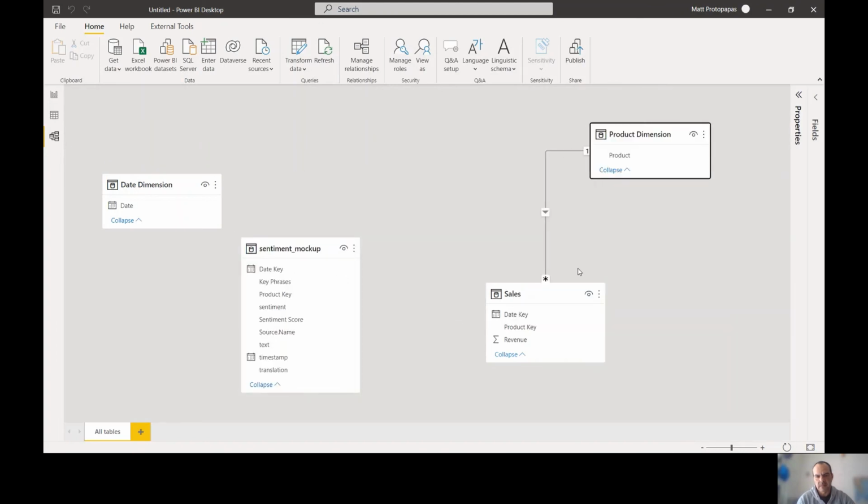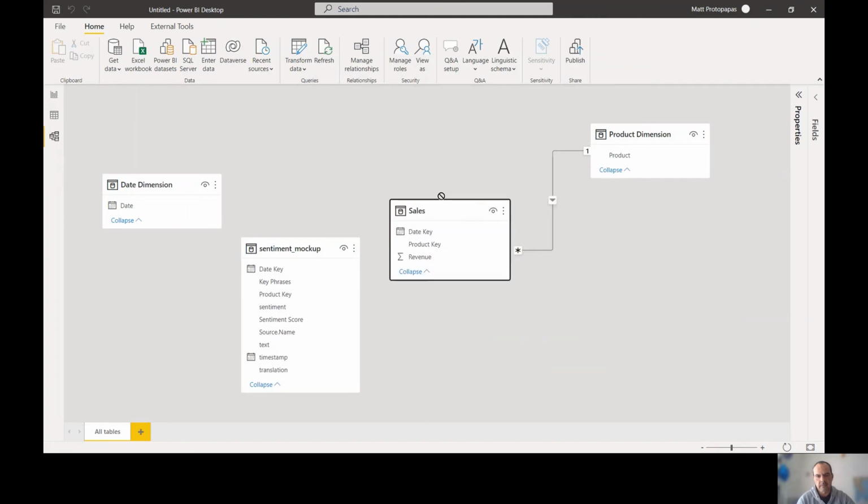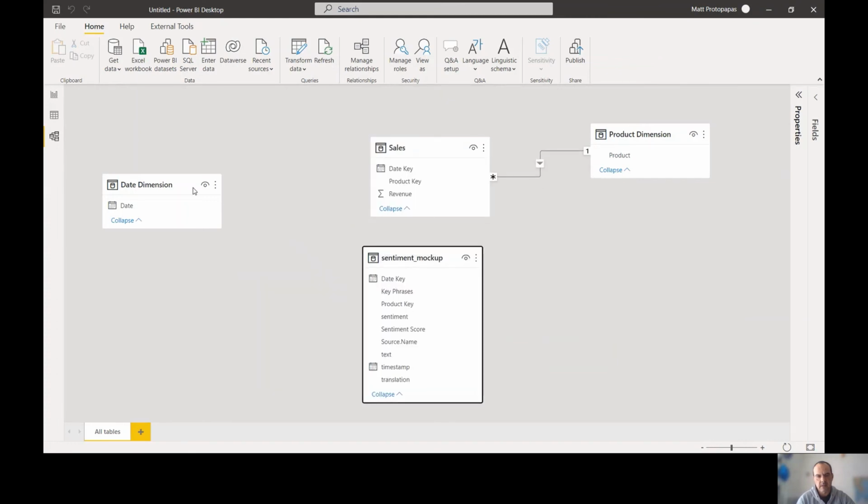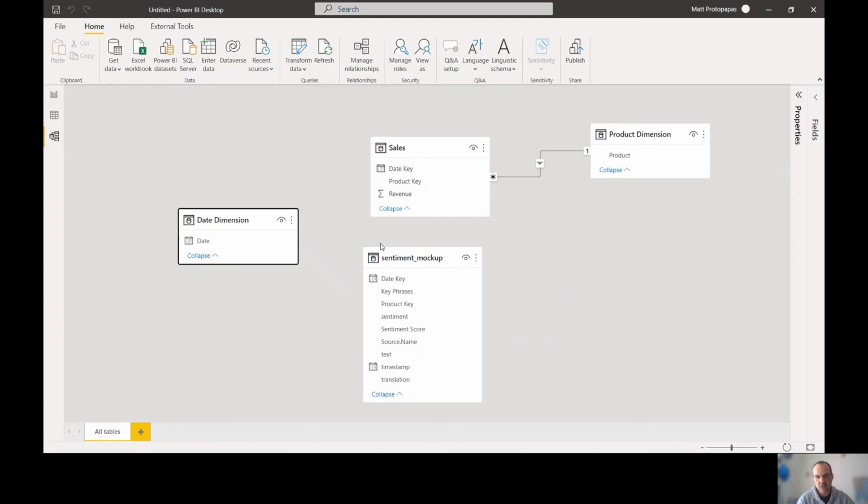And the last step is to actually join the fact tables with the dimension tables. So we have one-to-many relationships from the dimensions to the facts.